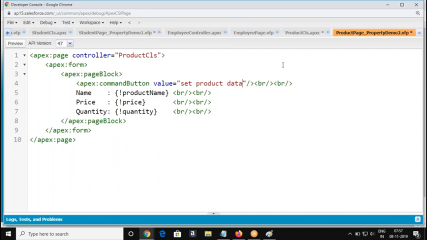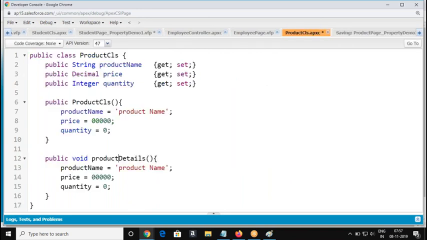I'm going to set the data. Set product data, so that's my method. That's the method I'm going to call.